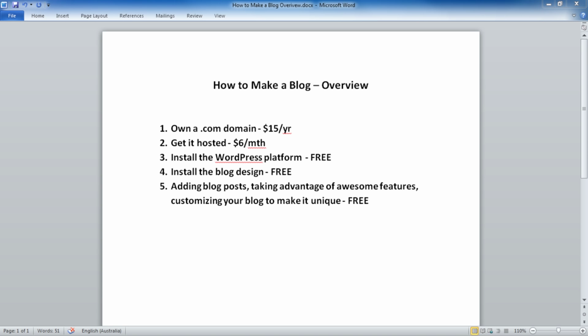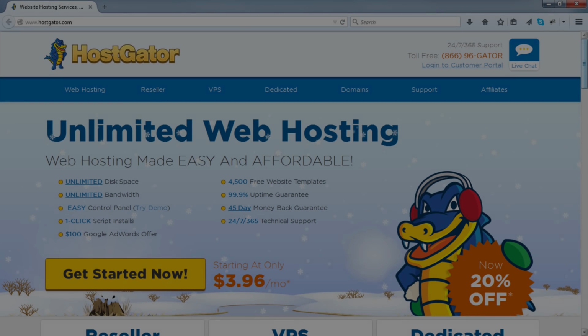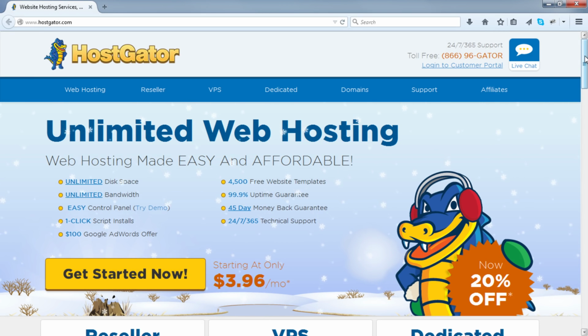Like I already said, for the initial investment of about $20 plus around $6 a month, you're getting access to the same WordPress platform that massive companies and bloggers around the world use. So therefore, I think it's an awesome investment for you. Let's lock in our .com domain and web hosting.